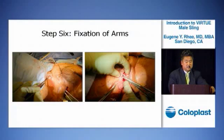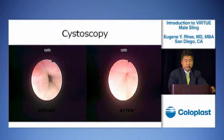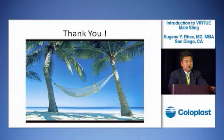All you simply do is take the tonsil, and you go through the subcutaneous tissue to grab the ends of the arms of the graft, and you bring those through the subcutaneous tissue. So you fixate those within the subcutaneous tissue, and from a pre-pubic standpoint, we do this as a crisscross maneuver. In other words, I grab it from one end and bring it to the other site, and then I do it on the contralateral side the other way as well. So again, in terms of its schematic, you should have achieved this compression as well as this elevation. In cystoscopic views, this is what you see before, and this is what you see after placement of this particular graft. So be that as it may,